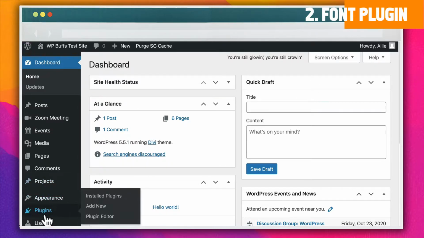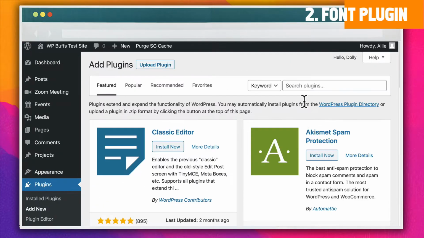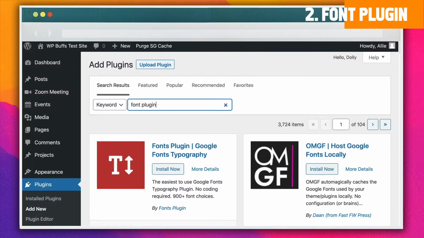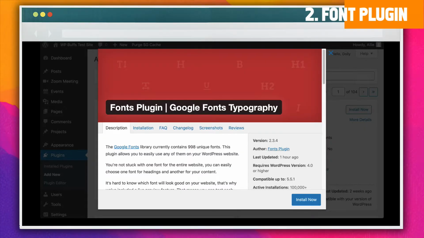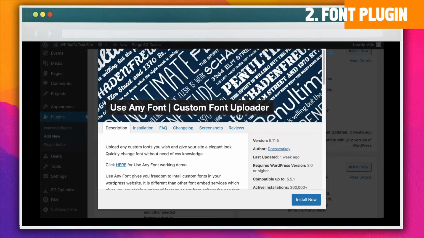If you want to change your fonts in WordPress, but you want to use one that is not offered by your theme, you can do that by installing a WordPress font plugin. The Google Fonts Typography plugin lets you pull from the library of Google Fonts. A plugin like this is the most simple method for changing a font in WordPress if your theme doesn't already allow it. The Use Any Font plugin is great if you purchased or downloaded a font from a different website and you need to add it to the site files.